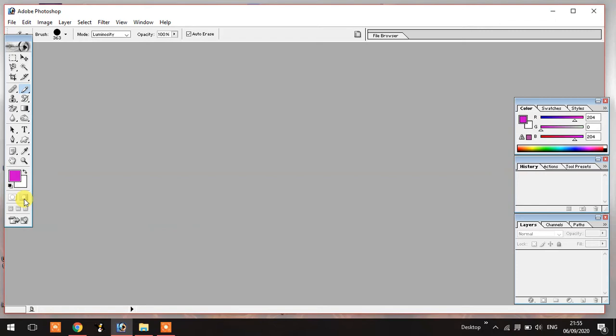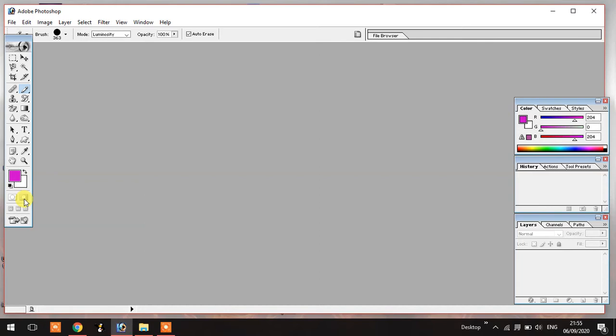Today I am going to explain about the different type of tools used in Photoshop. As you know, Photoshop is a photo editing application.